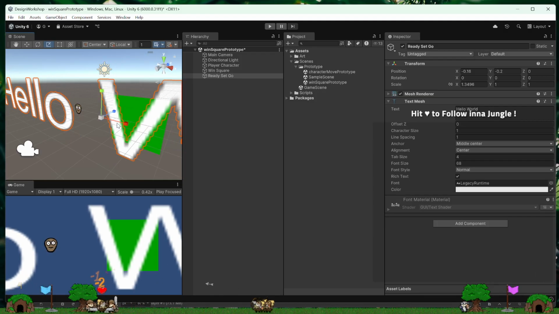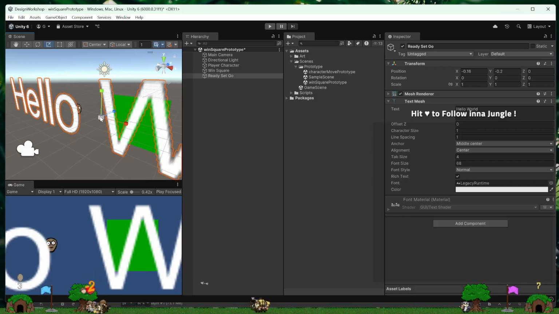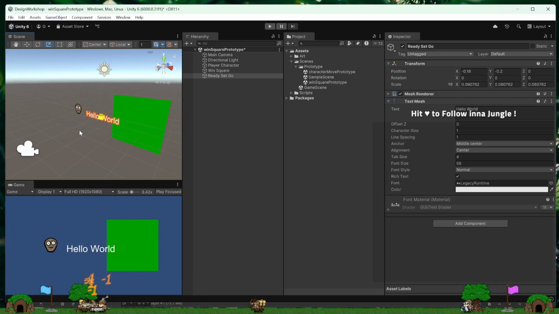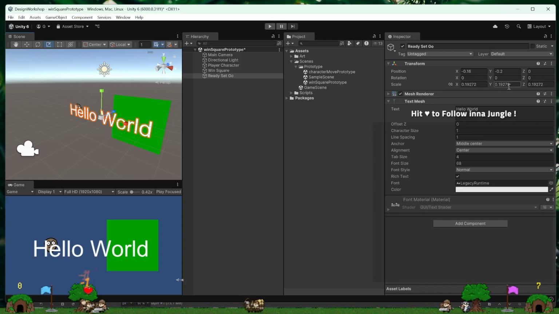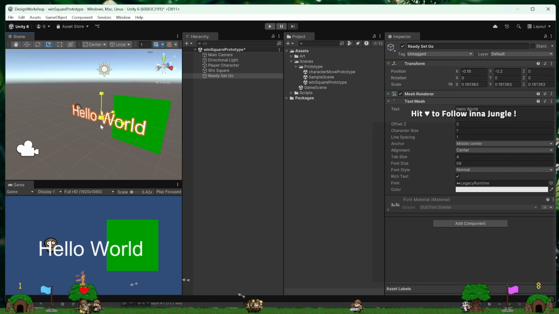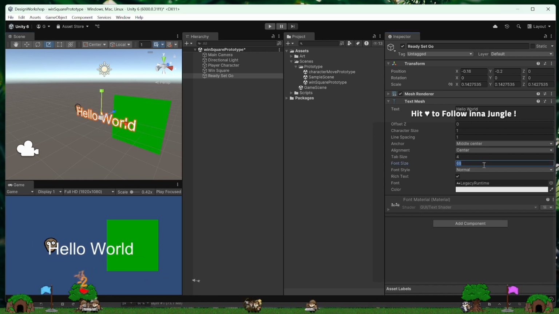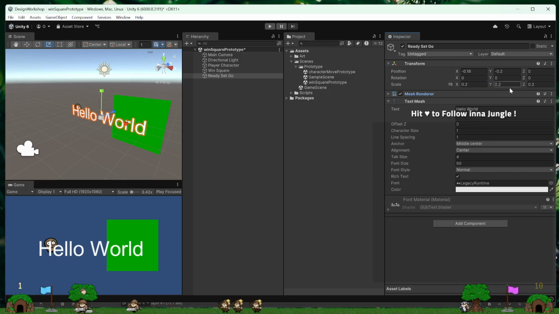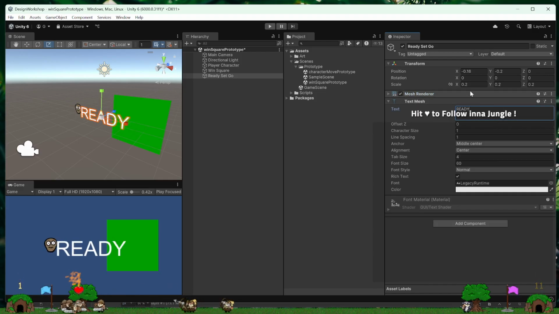And I'm going to be able to scale this, which is fun. I can grab it in different axes and scale it, squash and stretch in that way. But I can grab in the middle, click and drag all 3 of them like this, right? And what this did, you can see the numbers over here. It made it look crisp. Like the font size and the scale together work to make that easier to read, right? Well, it looks like maybe 0.2 is a good size, so I'll just type in these numbers here.